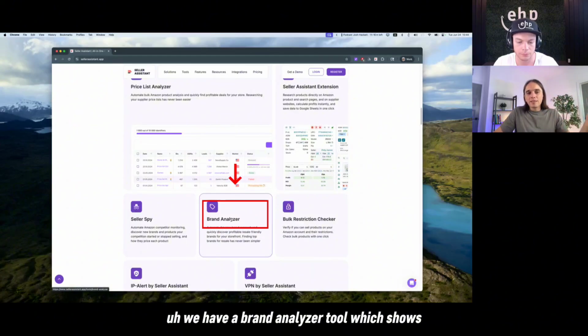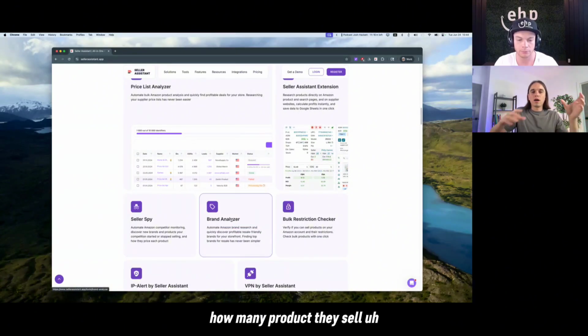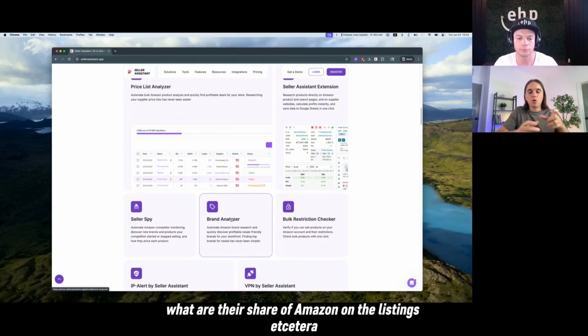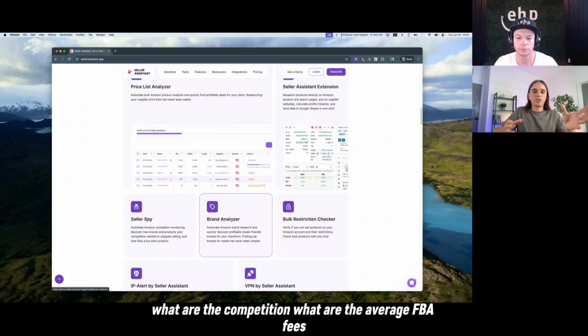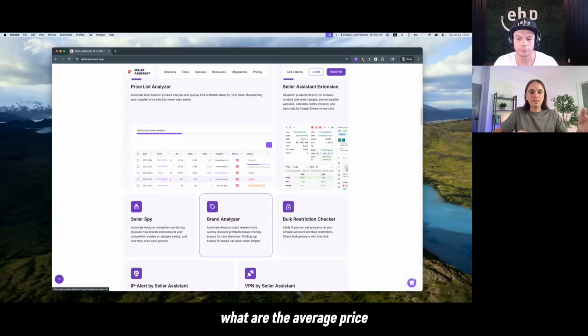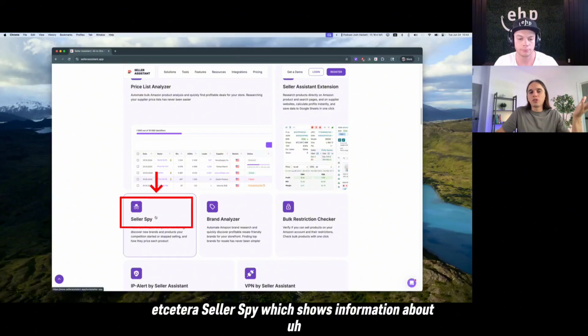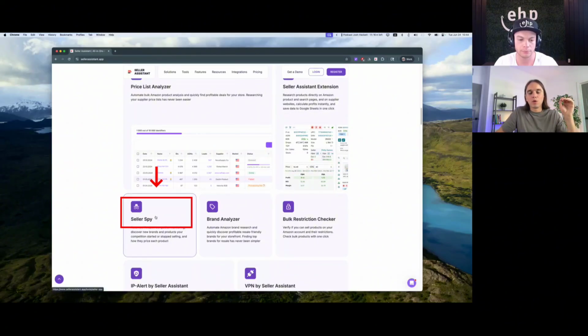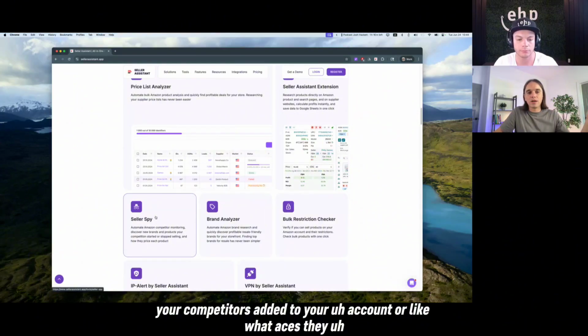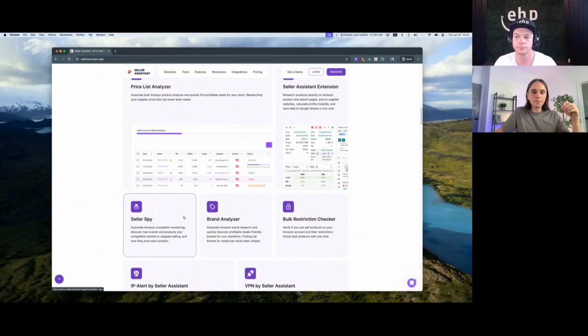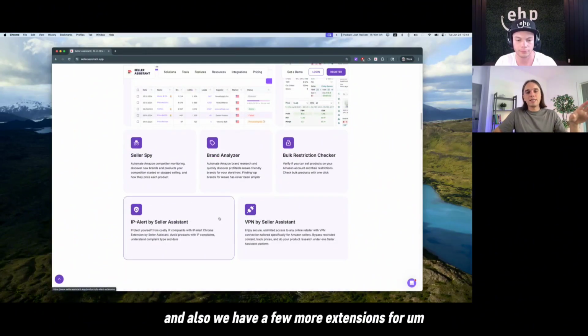We have a brand analyzer tool, which shows you information about the brand, how many products they sell, what is the share of Amazon on the listings, etc. What is the competition, what is the average FBA fees, what is the average price, etc. Seller Spy shows information about what ASINs your competitors added to your account, or what ASIN they just sold out. And also we have a few more extensions for